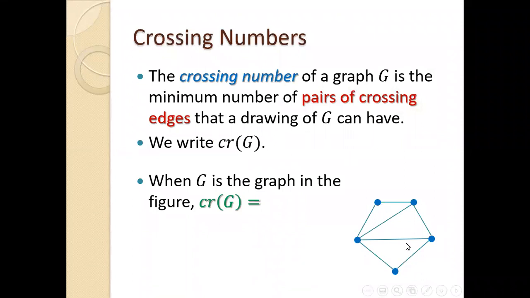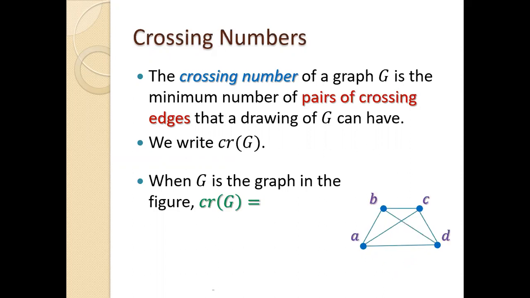Let's see. Let's say that this is our graph G. What is the crossing number of G? Can you tell me? 0. Thank you very much. Yes. It's a pleasure to see that you're with me. This graph, you need 0. You can draw it with no edge crossing, so the crossing number is 0. Okay, let's try another example. What's the crossing number of this graph?